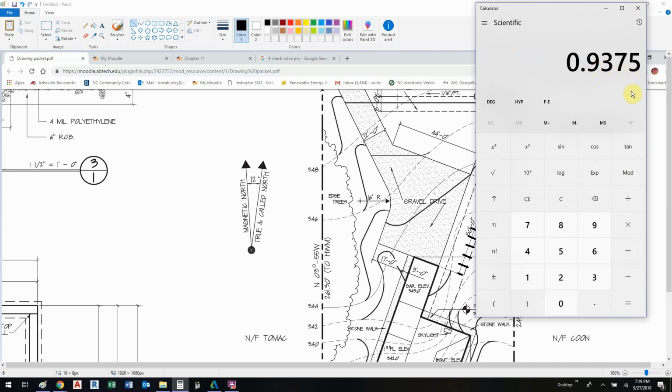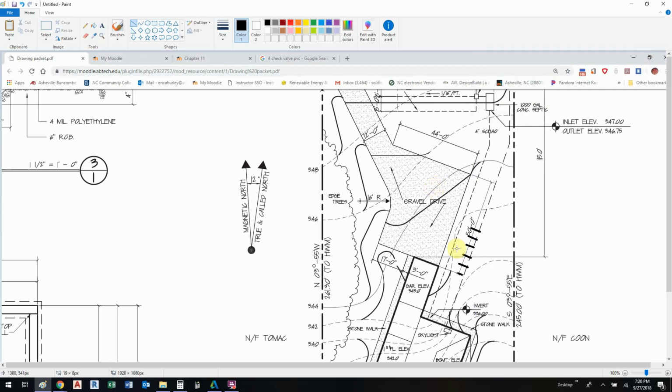So if I have 3.9375 inches and I multiply that by 20, then it's going to be 78 feet or 78.75 feet. That's where you're going to put the answer in by decimals, not by inches. So again, you measure that out and you come up with a number, say 3.9875. Multiply that by 20 feet, and that will give you the number of feet to this scale